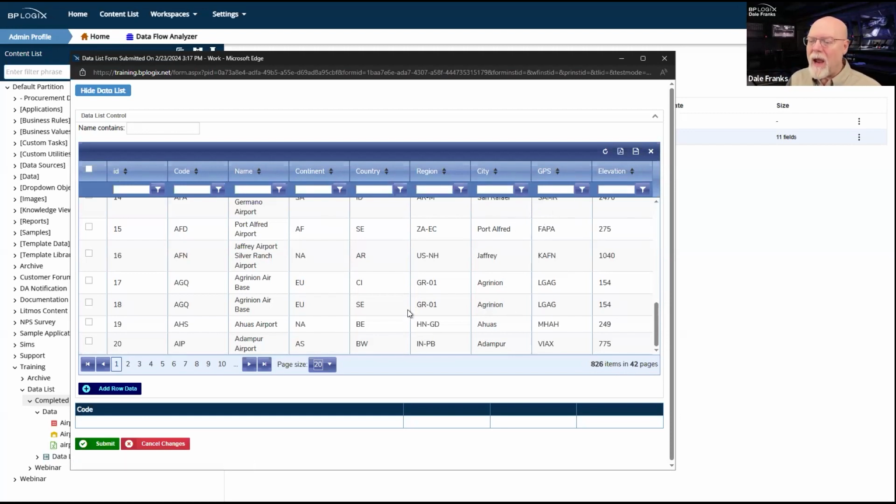So I have 9 fields in 826 records. So 9 times 826 is going to come out to somewhat less than 8,000 form fields. So you're going to end up with 7,000-ish plus form fields on a form.